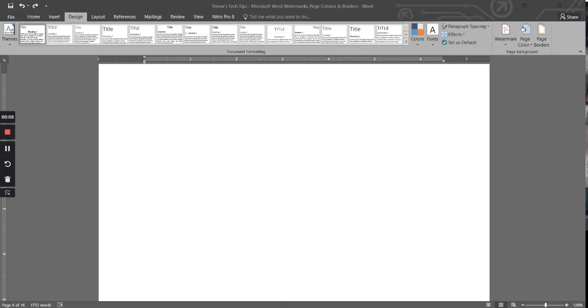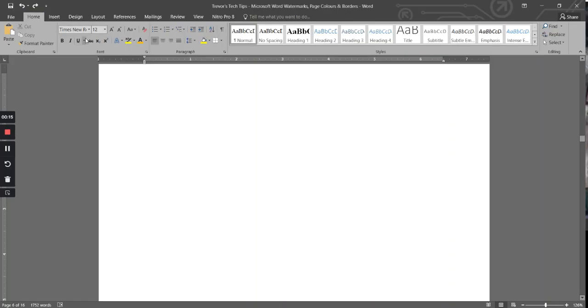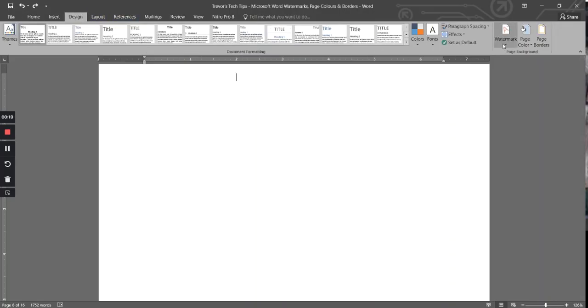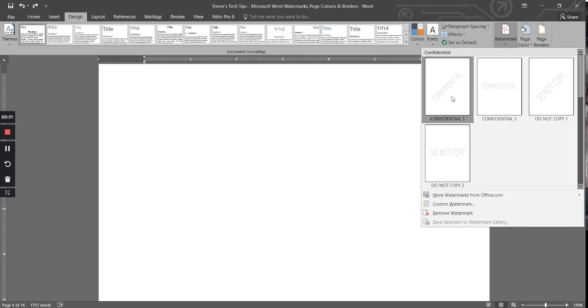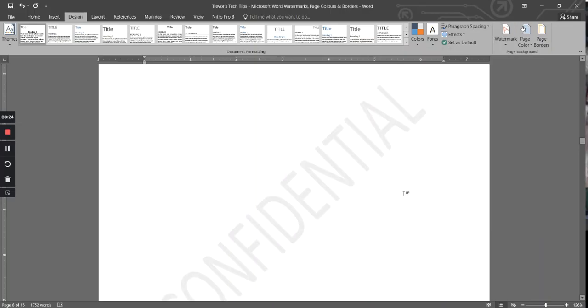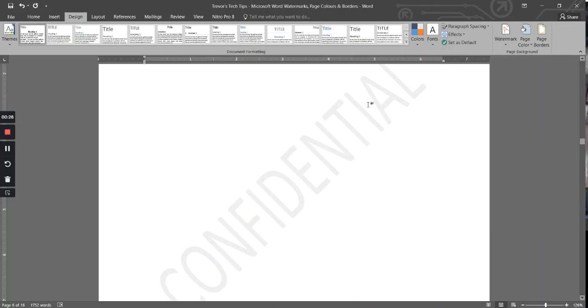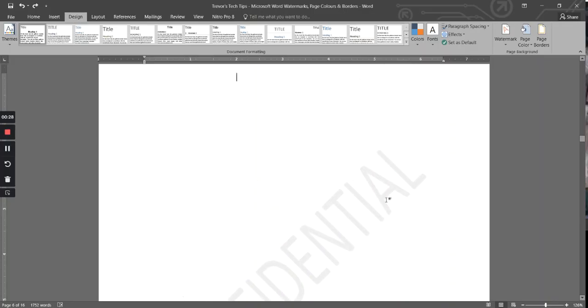So we'll keep it short and sweet. Today we're going to look at watermarks, page colors and borders. Normally by default our Word is on Home, so we're going to click on Design, click on Watermarks. Now you could insert a watermark just like that, and it's a bit tricky when you're changing the